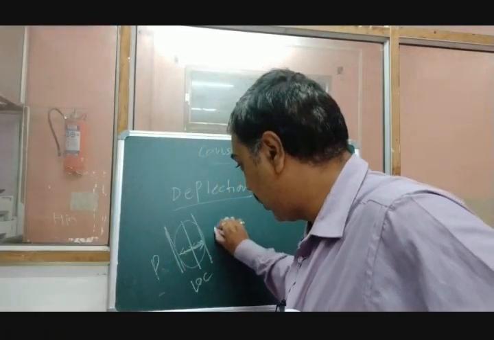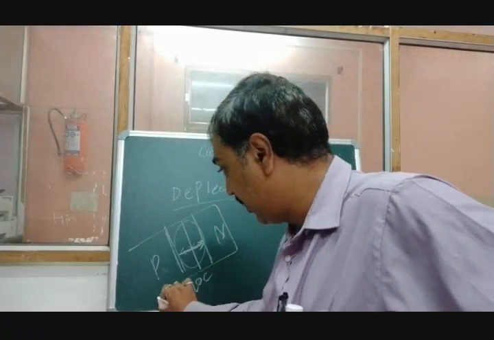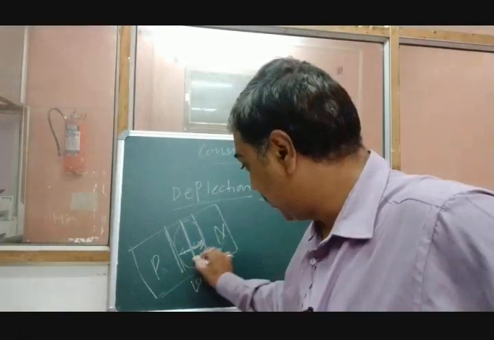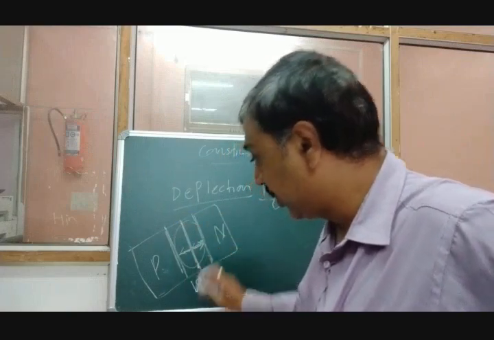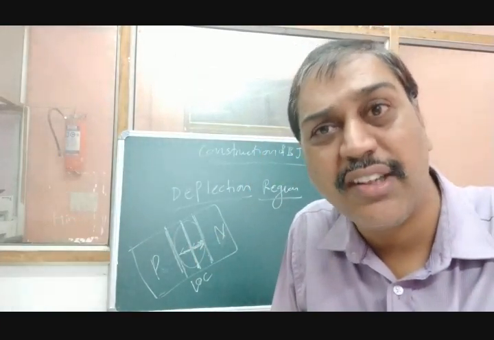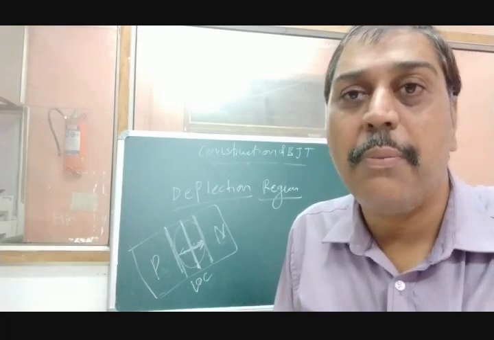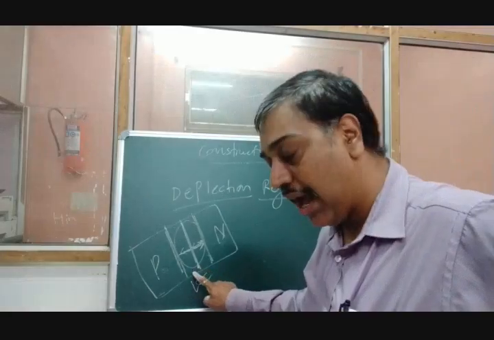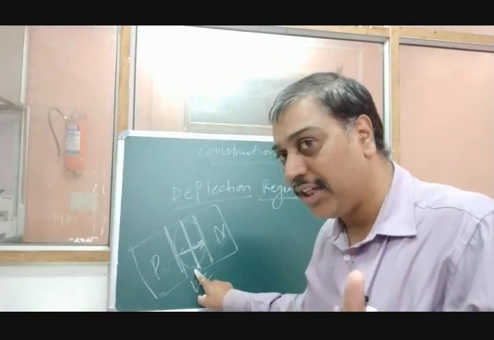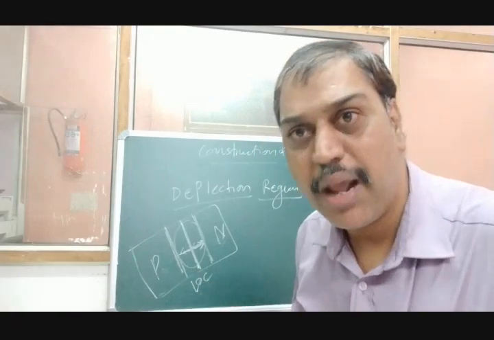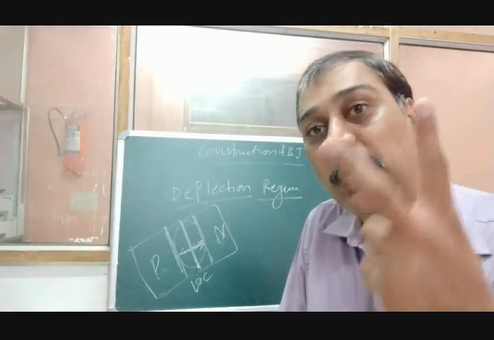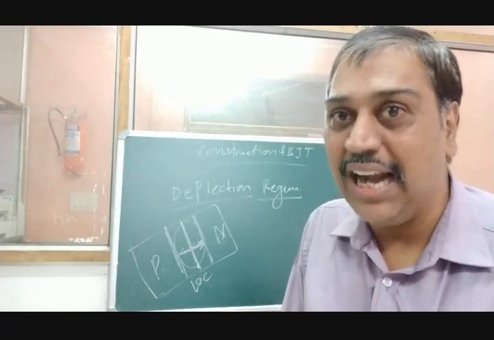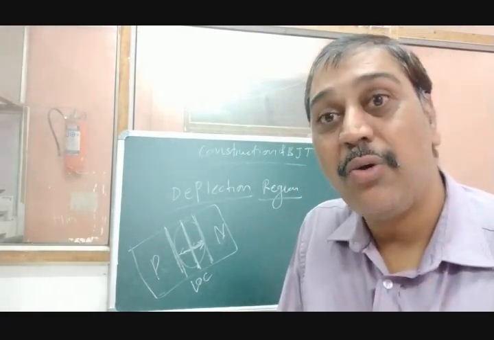This is an n-type semiconductor. And here, this is a device. This is a p-n junction. Now, this area is said to be the depletion area or depletion region because within this area, no free charge is available. In the case of a diode, it has only one depletion region because there is only one PN junction. What about a transistor? A transistor has two junctions, the emitter base junction and the collector base junction. So there are two depletion areas.